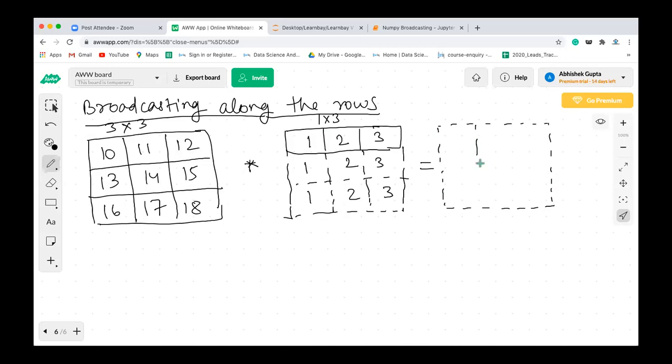Sorry, this will be the continuous line. This is an array, right? So now it is broadcasted along the rows. Clear? So we are going to multiply